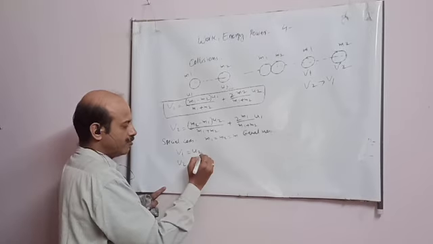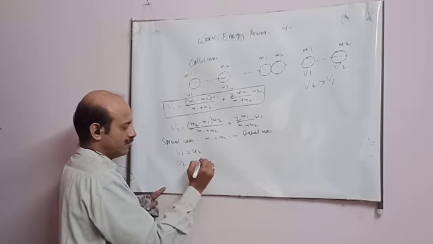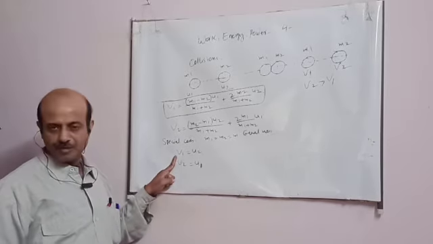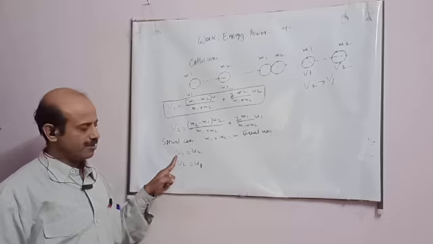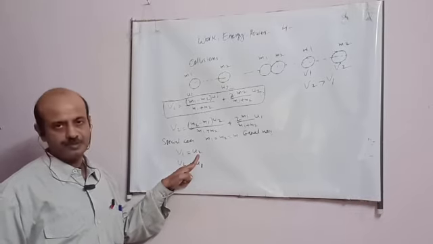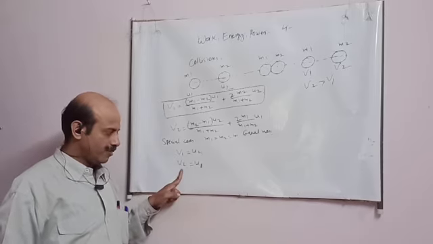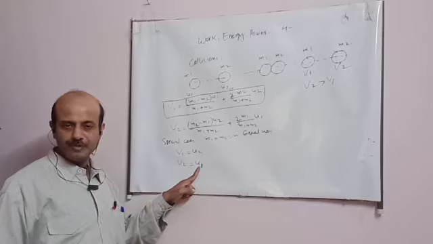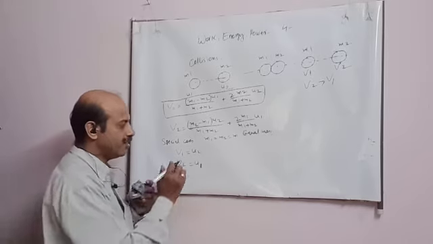Now here you have to know, the velocity of the first body after collision is equal to the velocity of the second body before collision. The velocity of the second body after collision is equal to the velocity of the first body before collision. Means in this case, velocity has been interchanged, student.